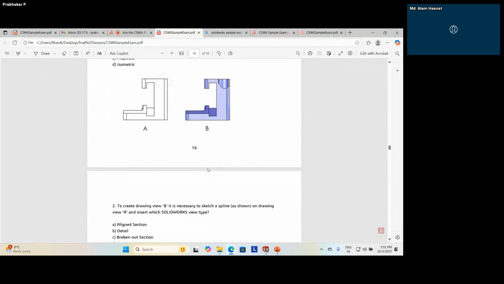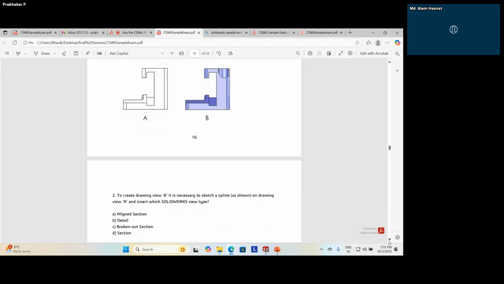The second question, this is the image they have provided. To create drawing view B, a sketch or spline is necessary. Here in the isometric front view, they made a spline on drawing view A, made a cut, and shown it here. What kind of sectioning is done here?